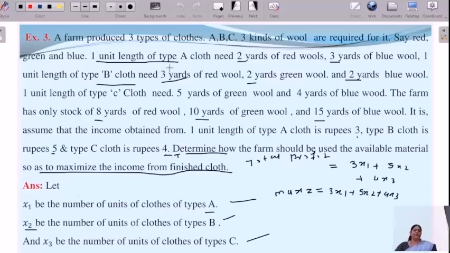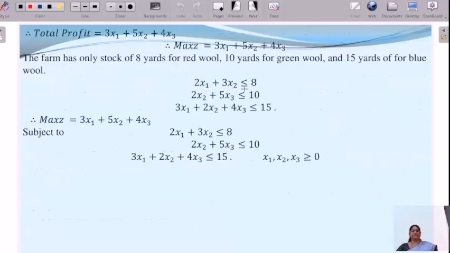But to prepare the cloth A, it requires only red wool and blue wool. Therefore, we use 2x1 plus 3x2 less than or equal to 8, 2x2 plus 5x3 less than or equal to 10, 3x1 plus